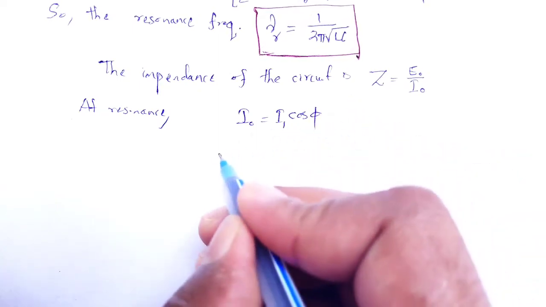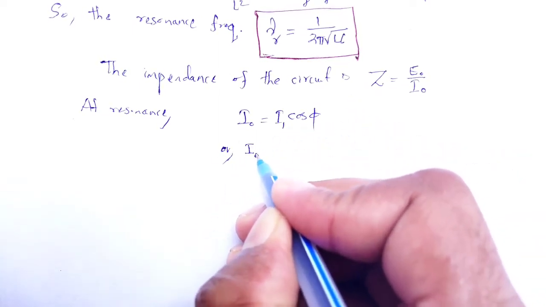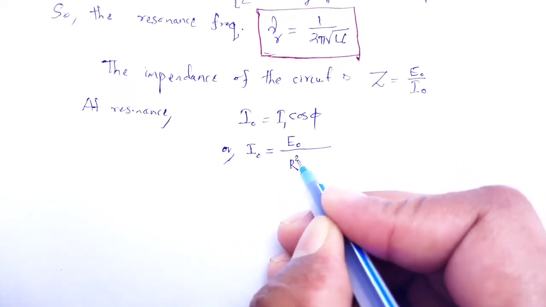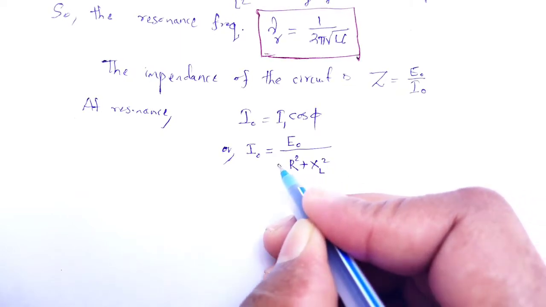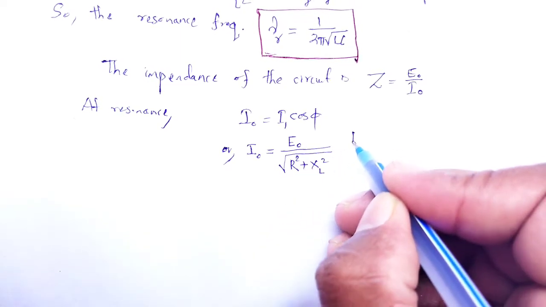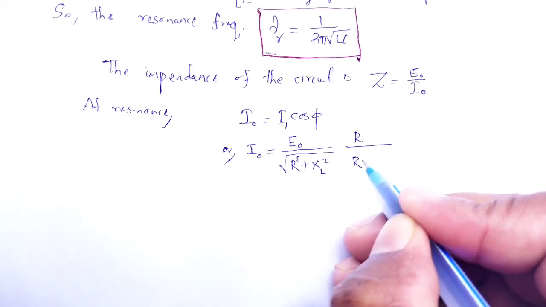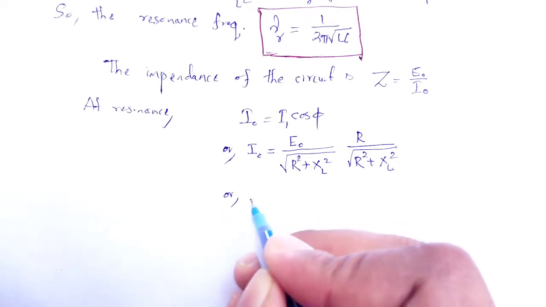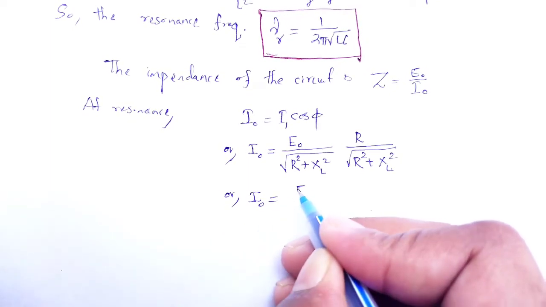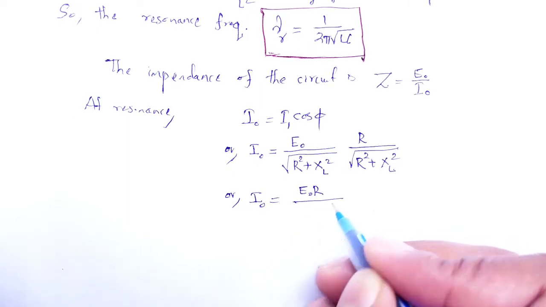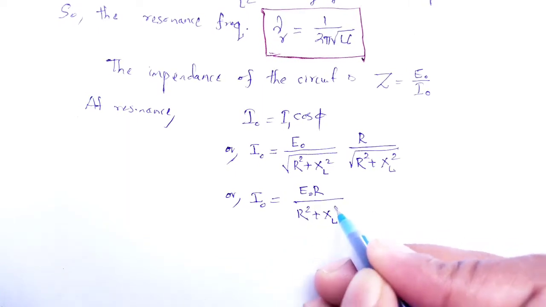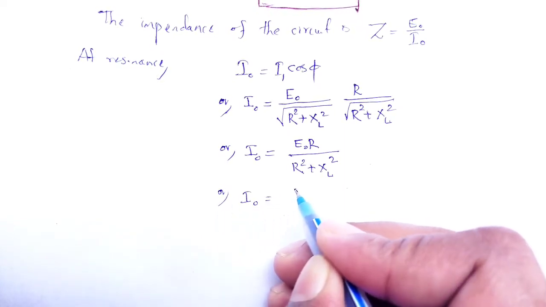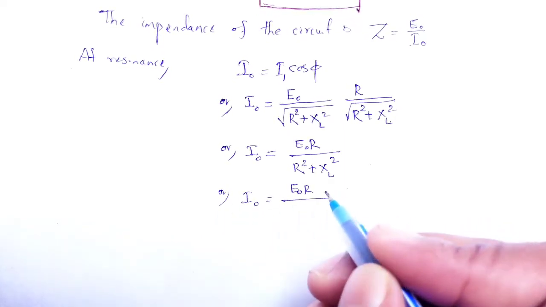Now put the value of I1 here. So I naught is equal to, in place of I1, E naught divided by under root R square plus XL square, and in place of cos phi, R divided by under root R square plus XL square. So I naught is equal to E naught R divided by R square plus XL square, or I naught is equal to E naught R divided by